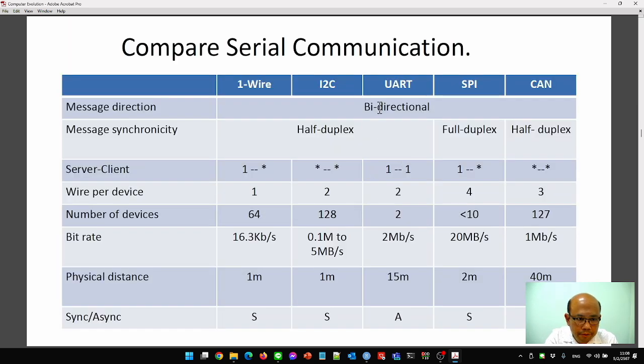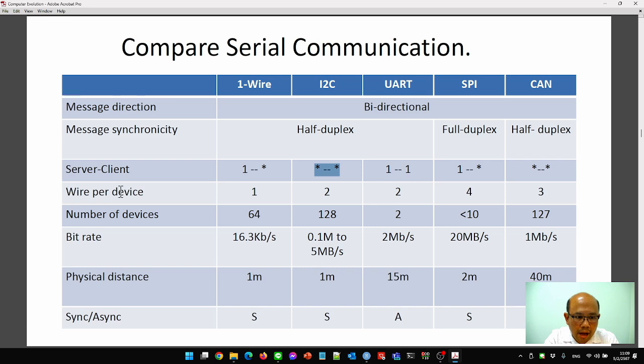And message synchronization. This is half duplex. Do you remember half duplex? In half duplex, while the sender sends the data, the receiver waits until the sender completes the message. Then the receiver starts sending data back; it does not send and receive at the same time. It works by order, in a sequence, connecting from server to client as many-to-many,